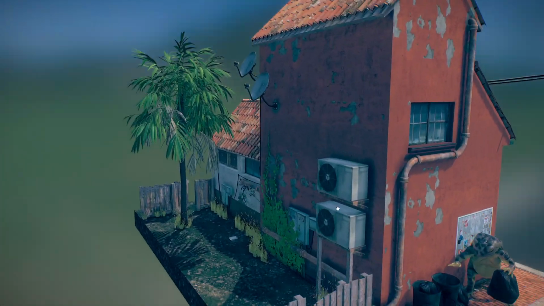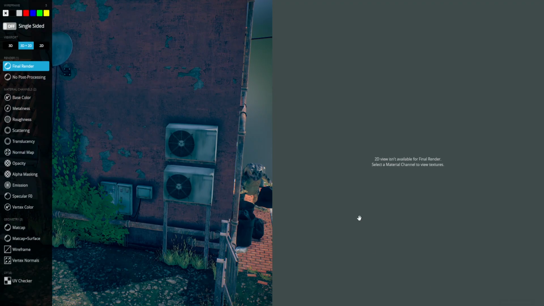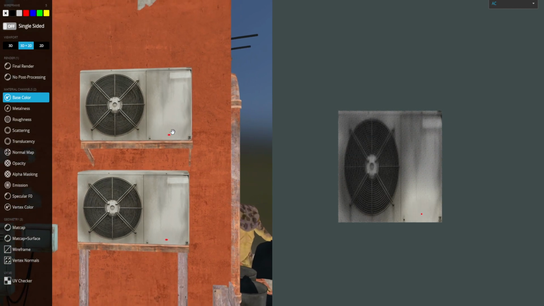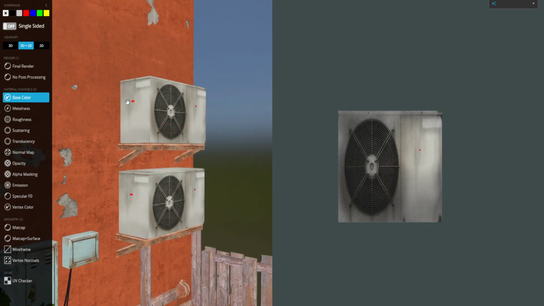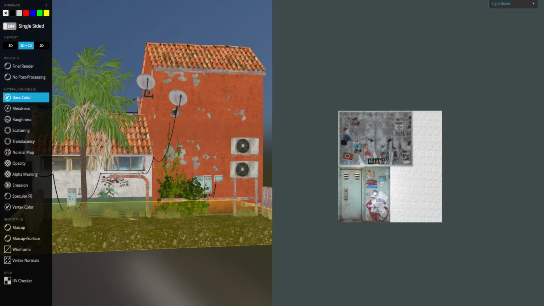Even these details, like these breaker boxes and air conditioners, are not uniquely UV mapped. If I click on them, the air conditioner is just a flat image. I just mapped it to a flat image and just mapped the side. So this is the front, and the side is just mapped here, and that side's mapped here. So here's the breaker box